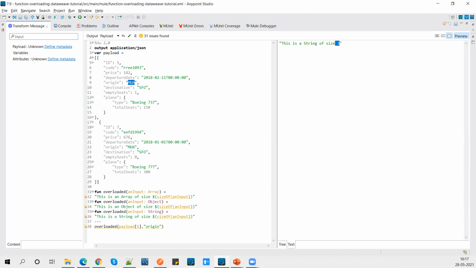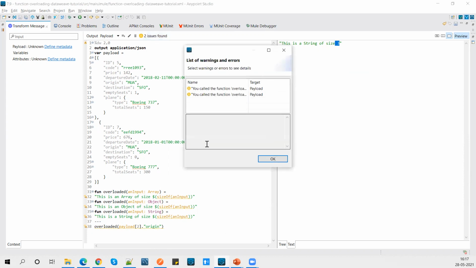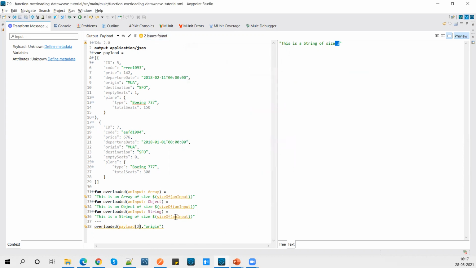Now let's add one more definition. What if I pass a null over here? So right now we have two objects in my array, right? So if I say two over here, it will throw an error, right? So there is no function that can handle null. Okay, so let me try that